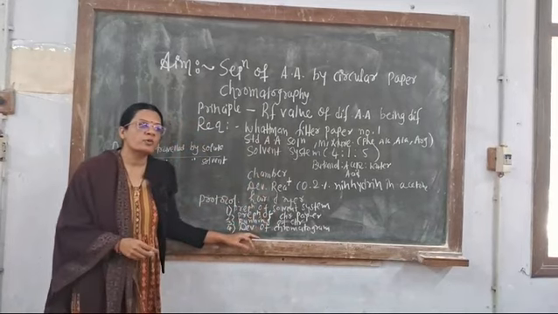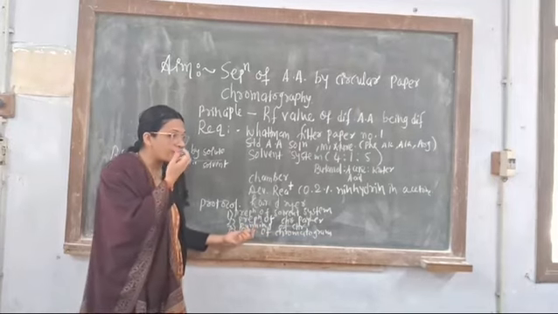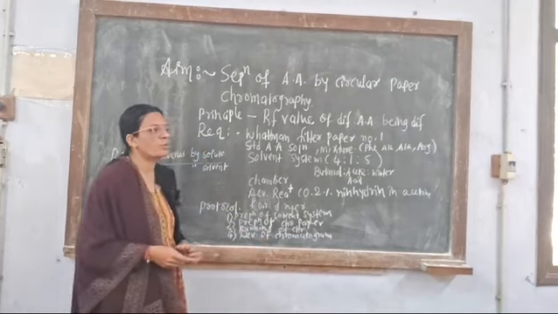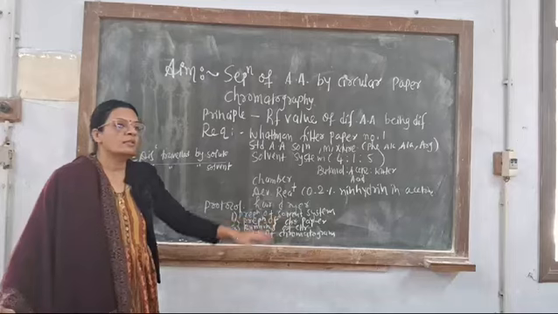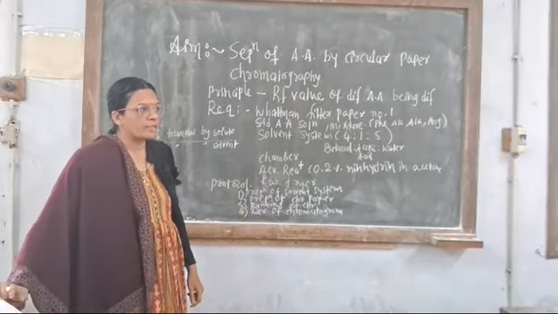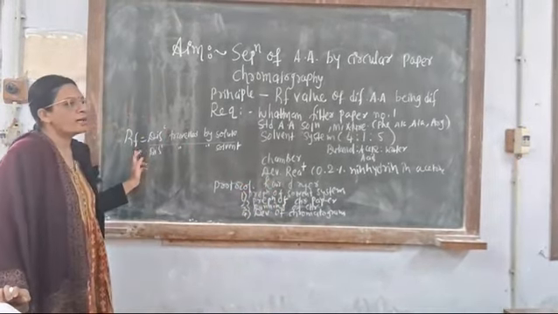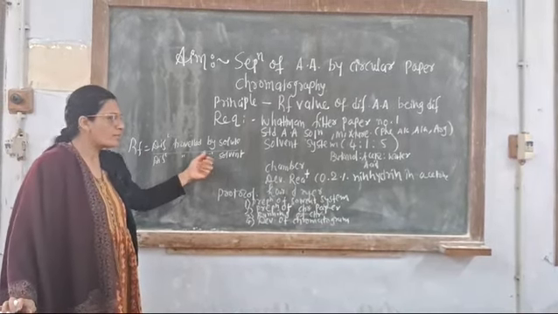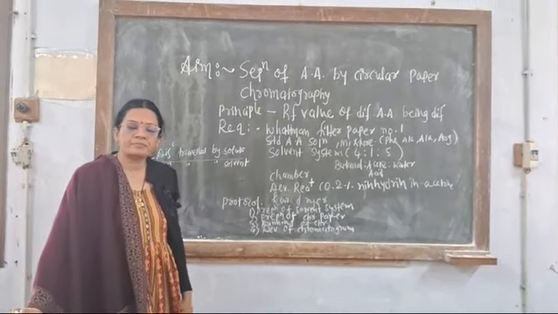Then running of chromatography. After making the spots, we give time to run the chromatogram. And the last step is development of the chromatogram. So after running, we add the developing reagent ninhydrin, and we find the purple spots. By that we can calculate the RF value. RF value is the distance traveled by the solute amino acid divided by the distance traveled by the solvent. Okay, clear? Thank you.